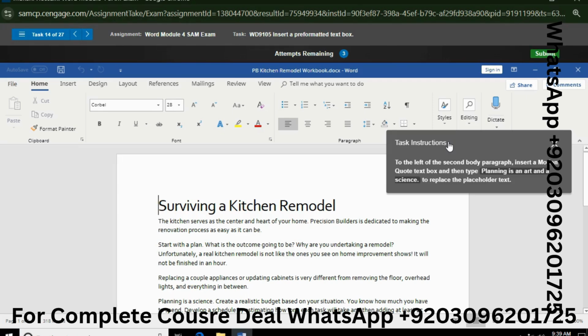Task 14 is to the left of the second body paragraph insert a motion cue text box, then type planning to replace the placeholder text. I think this is the second body paragraph.